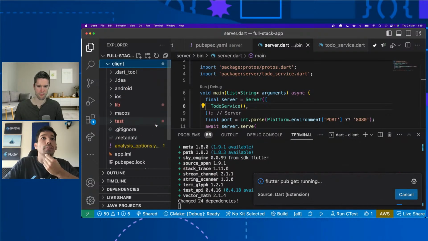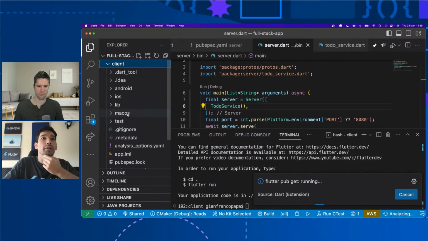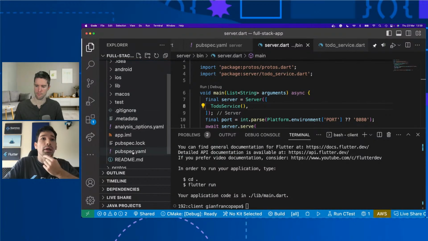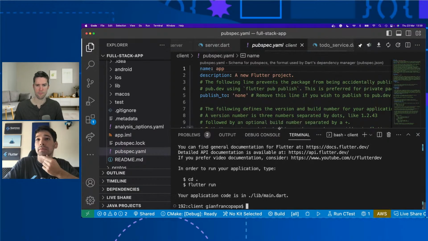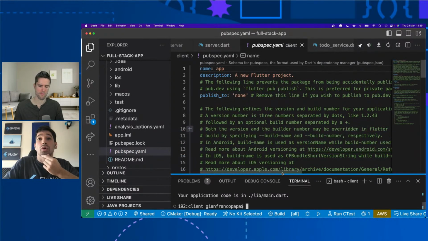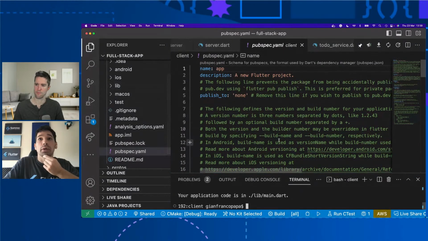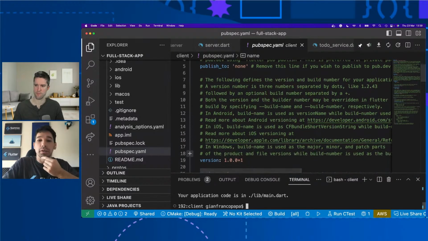Really basic stuff. So we have our folders, iOS, Android, macOS, and we have our pubspec.yaml.